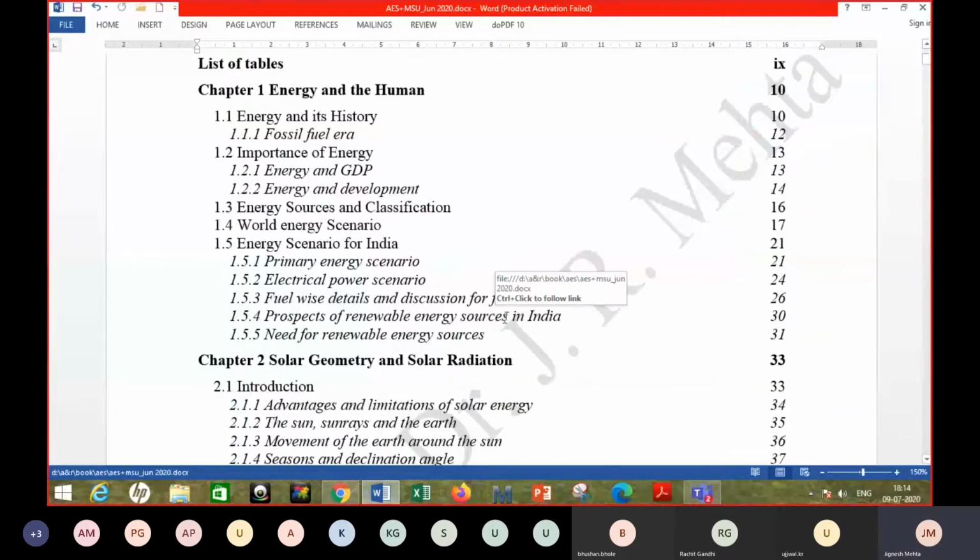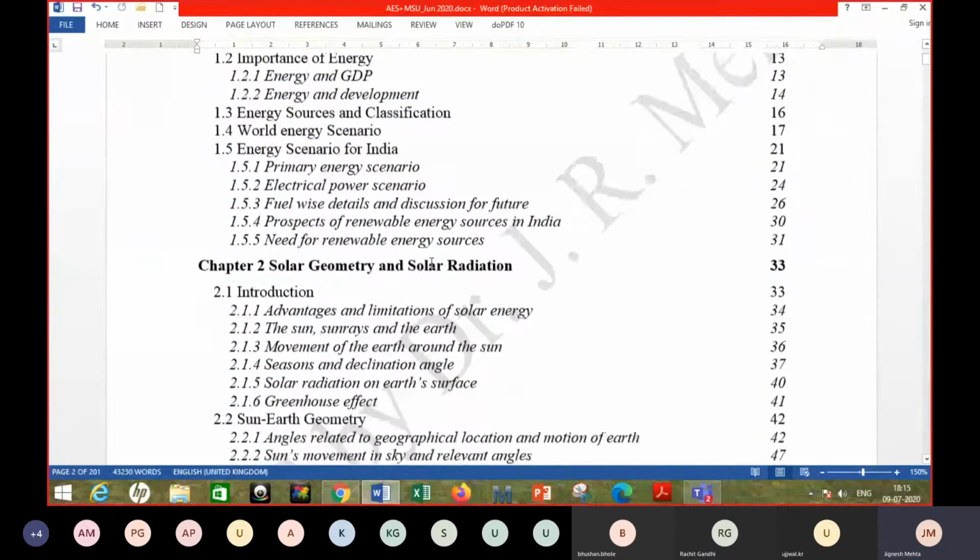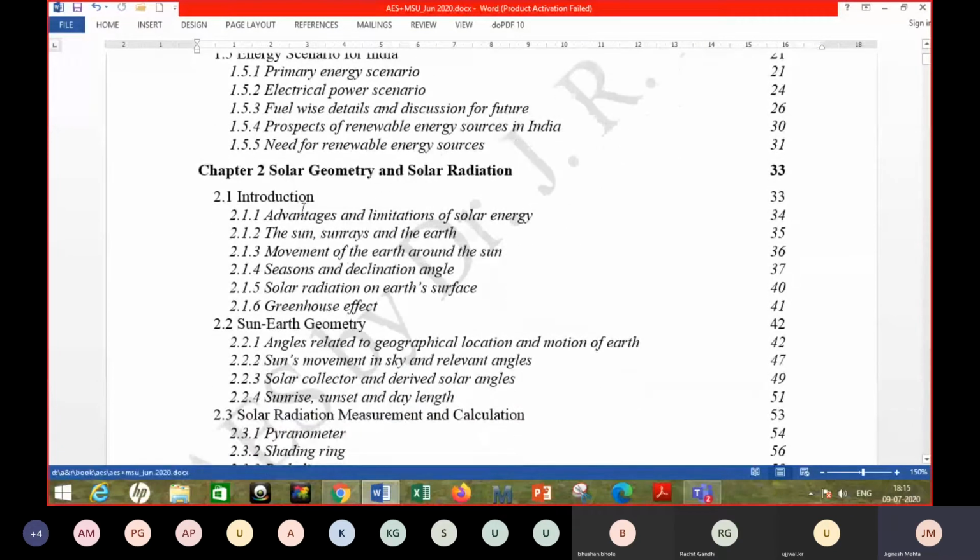Yes. So in the previous lecture, I started this topic, solar geometry and solar radiation. In the introduction part, the advantages and limitations of solar energy were discussed, and some initial discussion on the sun-earth geometry was done. So some description of the sun and the sun rays and the earth, the movement of the earth around the sun. So those were the things which were being discussed,